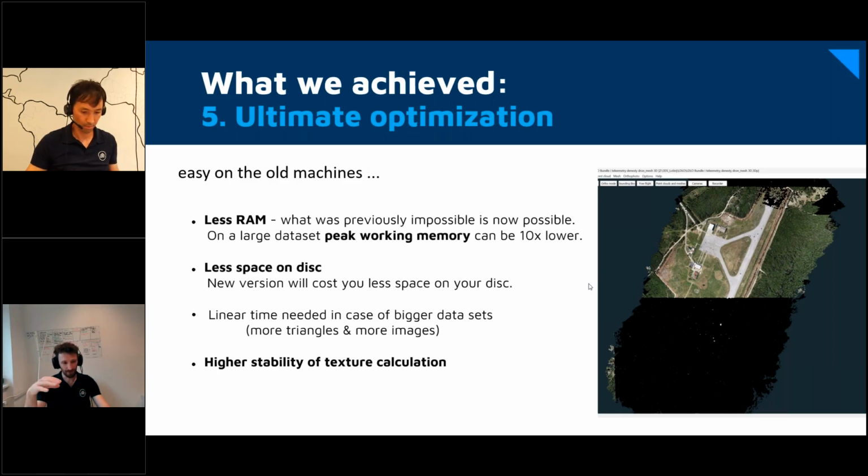So don't be afraid to input 3,000 to 4,000 images or to calculate models with 10 million triangles. This is all good now. The bottom line here is you can expect higher stability when doing texture calculation. If your computer was crashing with demanding data sets before, you are now safe. And okay, we can go on to the next slide,